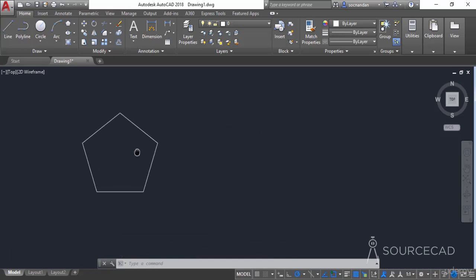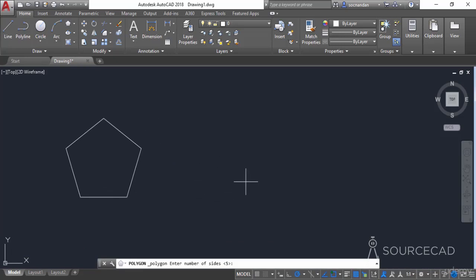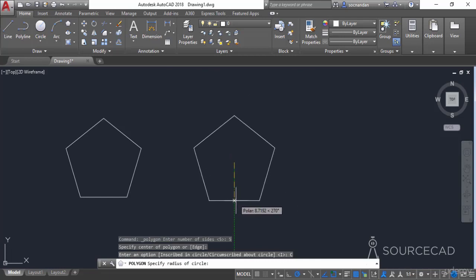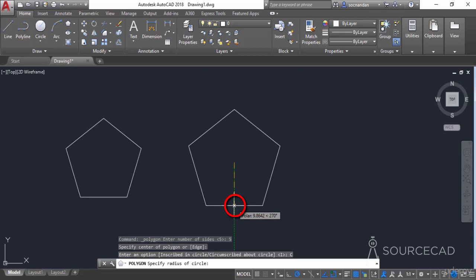Now let's move it here, and select the polygon tool again, and once again I'll enter 5 as number of sides, specify the center point, and this time I'll select circumscribed about circle. You'll notice that instead of a vertex, the cursor is now at the midpoint of the line segment.